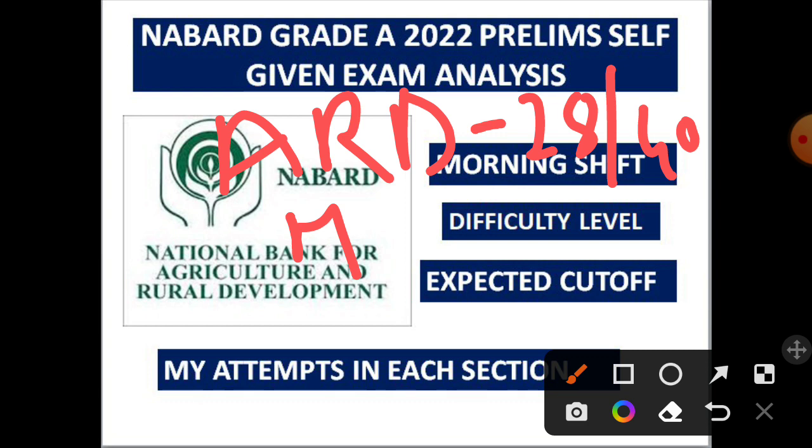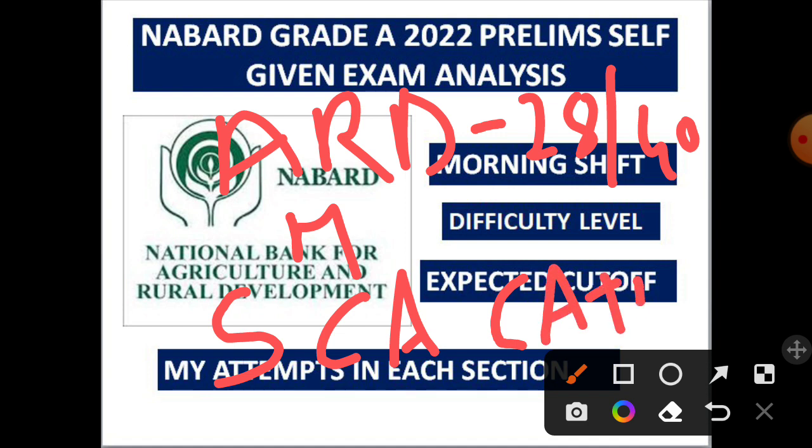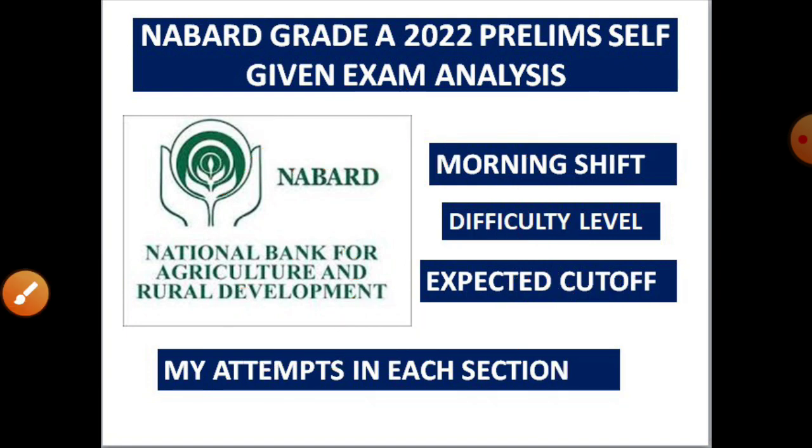There were some technical questions which were difficult, with respect to sheep's or lamb's gestation period and castration period, and some questions based on fish. I marked Katla as the answer. I don't know if it is correct or not. And there was one question based on poultry, an Italian poultry breed. I did not know it. I thought of guessing it, but I did not take any risk there. So it's okay. If you have attended a good number of questions, and if you are at least 80 to 85% accurate, then you may have a chance.